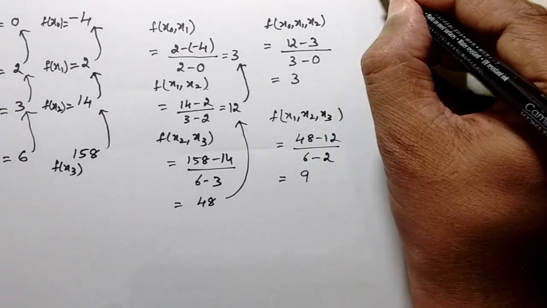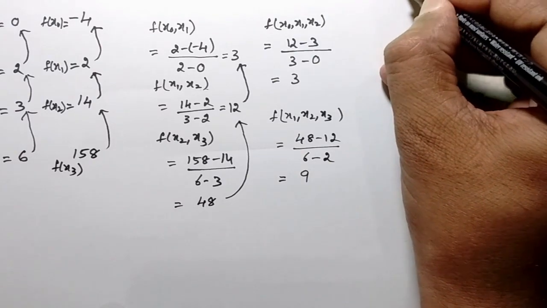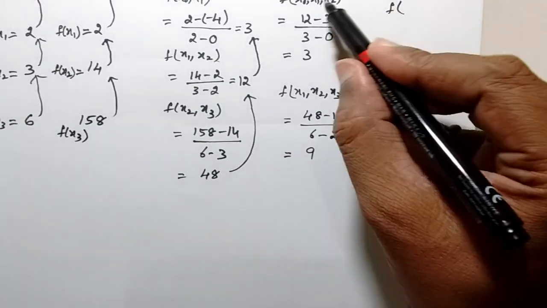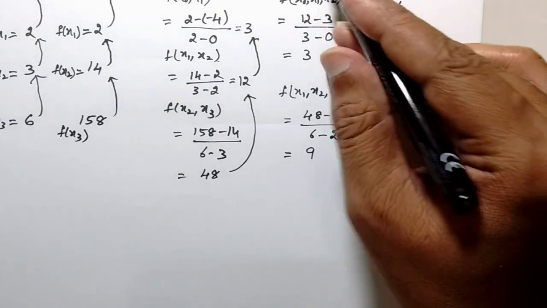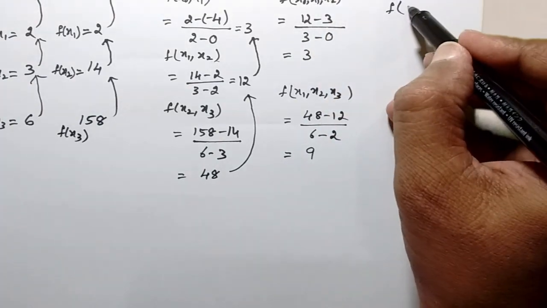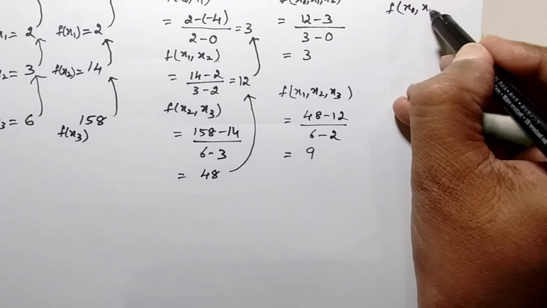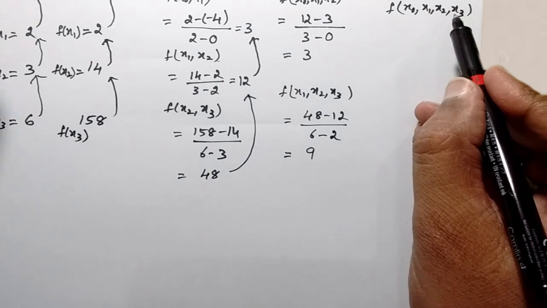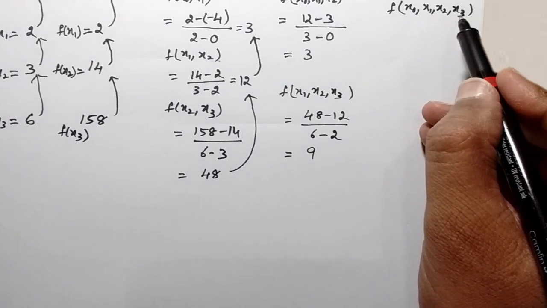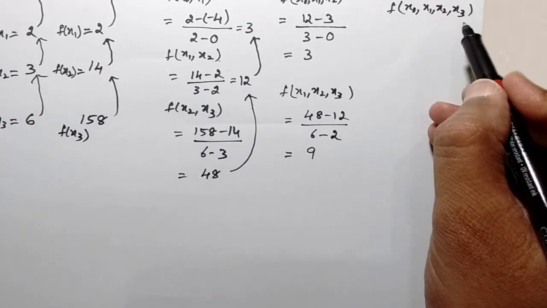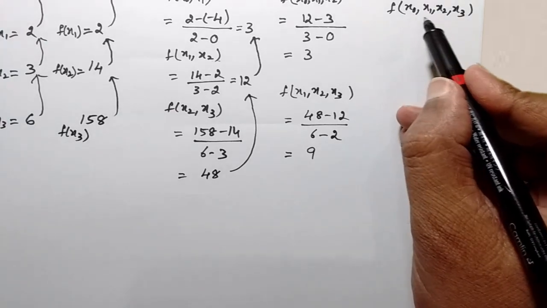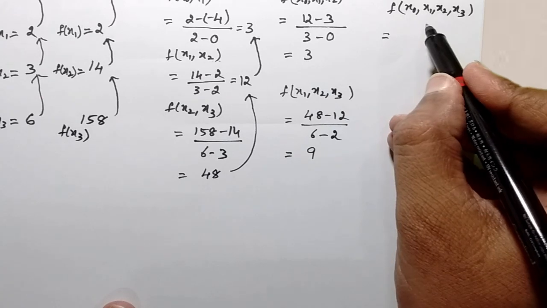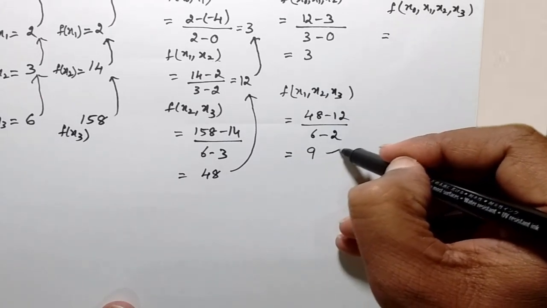So now next go for the third divided difference. Just go on writing till you get a single value. So now the divided difference will be f of x0, x1, x2, x3. The three values were there for the second divided difference. For the third divided difference, 4 values we will be getting: x0, x1, x2, x3. Once you get all these values from x0 to x3, that will be the last divided difference. So how to write down this divided difference? Divided difference will be the difference of these two values.